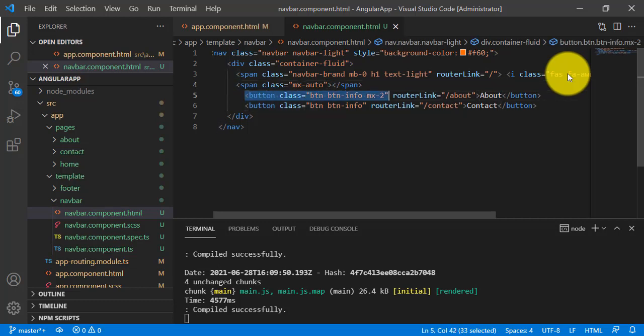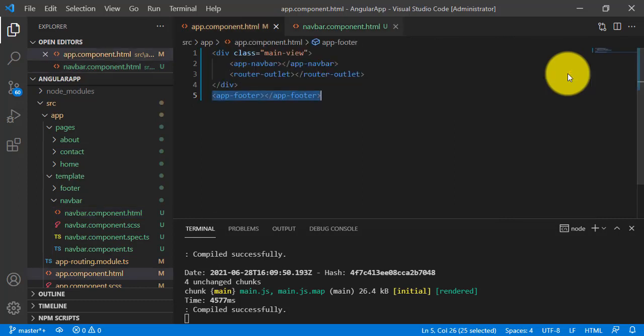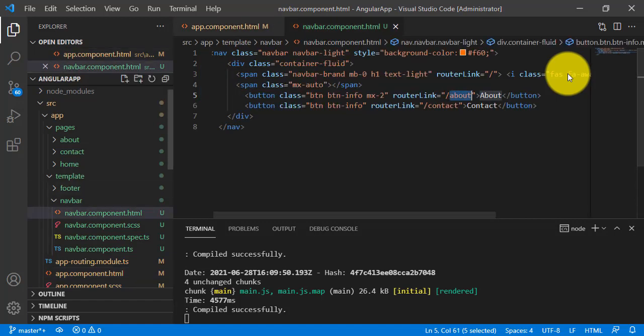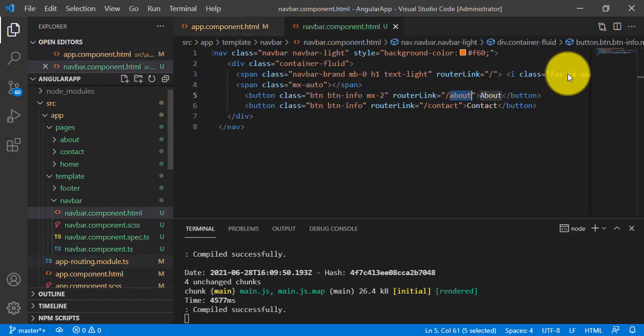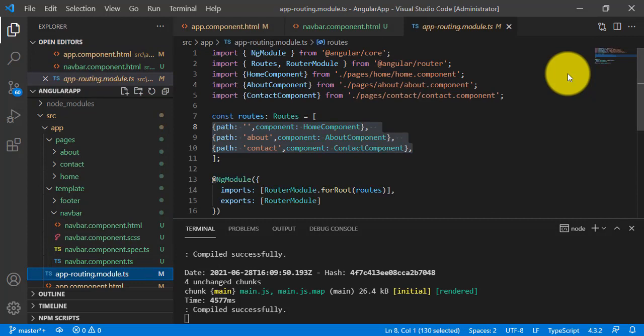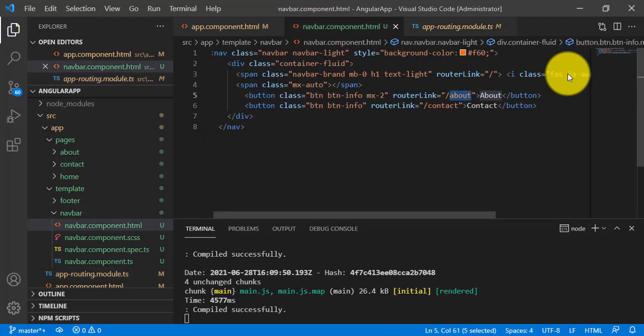So for the about component I have added one button class btn-info and mx-2, and the router link goes to this component, that is the about component. And if you go here to the app.component.html file, it will go to the app-routing.module.ts file. Here you can see that the router link will map to this path. So if you go here, you can check this router link.